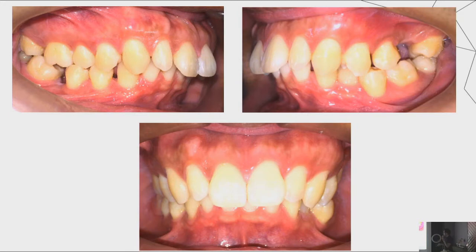So if we're going to think, how bad did this case get? Just by looking at this mouth and looking for visual cues in terms of how on earth did this happen, well, we can think about it. The lower 6 is missing, and the upper 6 is super erupted. Look at this. Posteriors that are lying down are usually deemed, oh no, it dumped into that space. But actually, what may have happened here, if you remember,